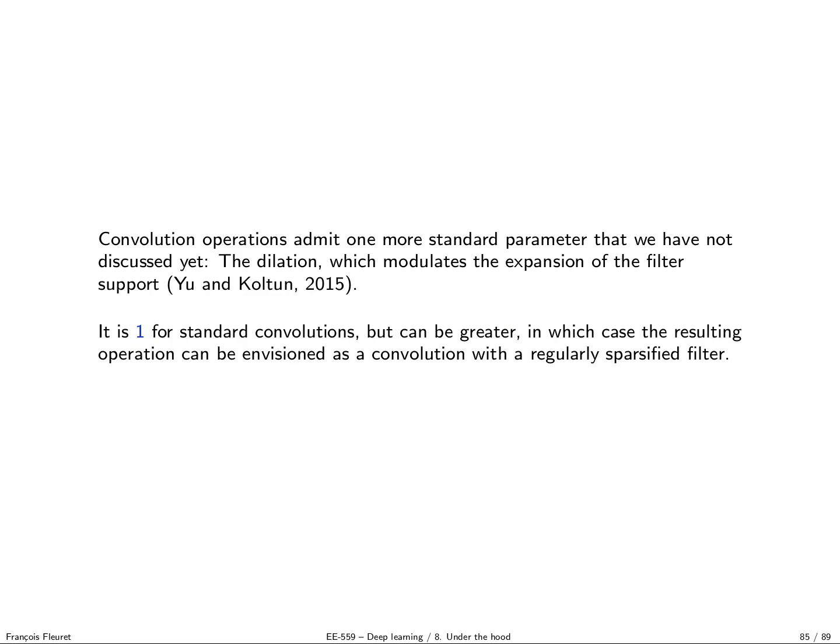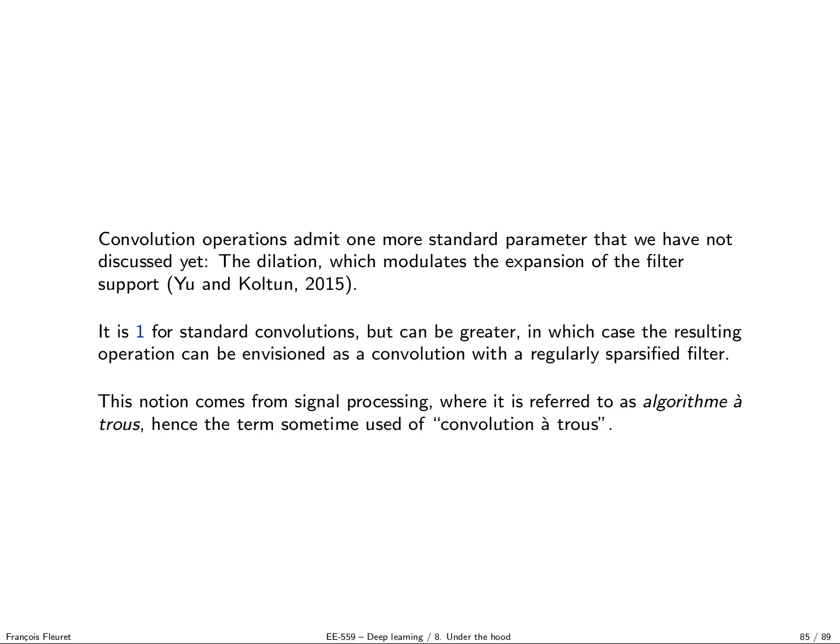So something I have not explained yet is that in standard convolution there is one more parameter. We saw that there is a filter size, number of channels, the padding, the stride, but you also have the dilation. So what is the dilation? It's simply an expansion, the factor of expansion of the kernel without increasing the number of parameters. This comes from signal processing, where they have been having these notions for a long time, and it's also sometimes referred to as algorithme à trous, from the French, which means with holes.